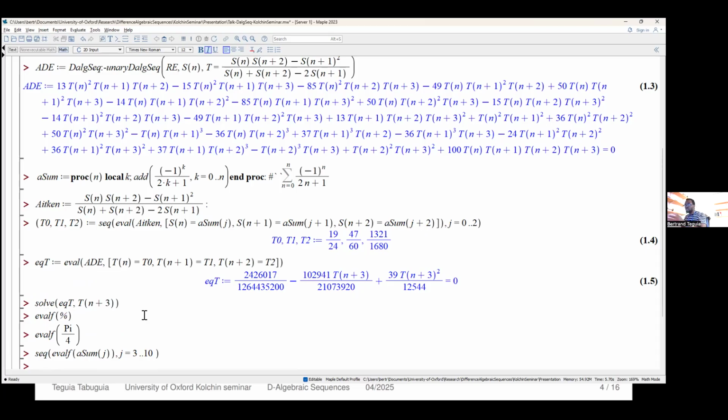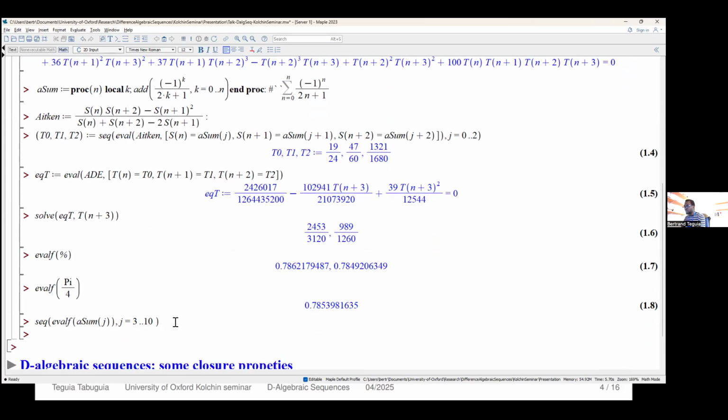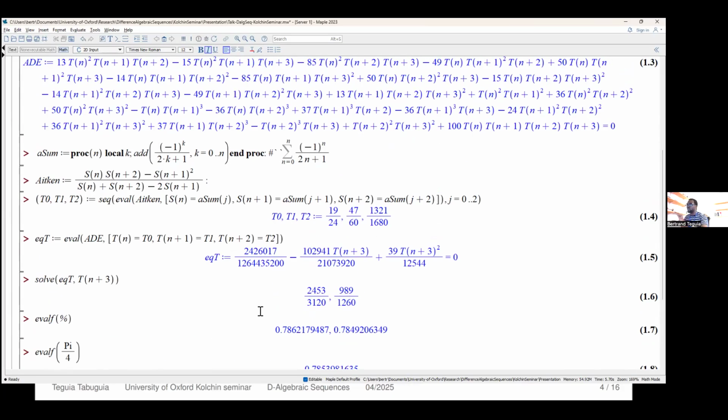And if you solve this quadratic equation, you have 2 values. This is expected because the Aitken transformation only does rational transformation. So you expect that whatever the equation that you have here, there should be irrational numbers as a root of the equation. And these 2 values approximate pi/4 better than the first 10 values of the original sequence, as you